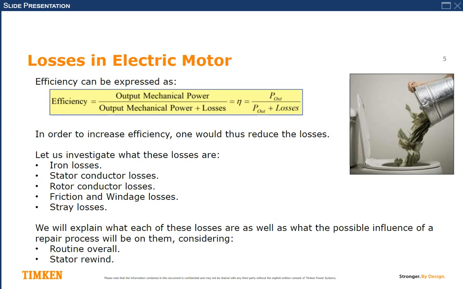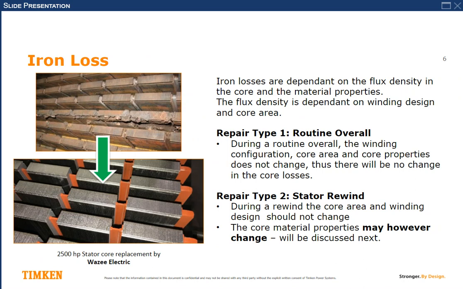So I'll use this again when I explain when these failures occur and the losses. Let's first look at the big one, the iron losses. On the left-hand side, you will see Stator core. There was Stator winding failure, and you can see that the top of the laminations is burned very, very badly. Obviously, that becomes a mechanical problem in that you can't get the Stator coil into the slot, but